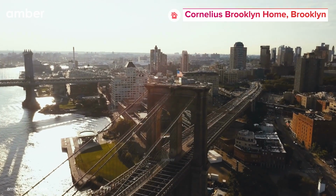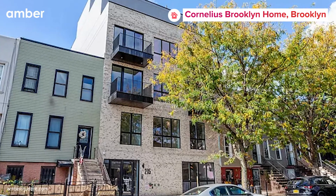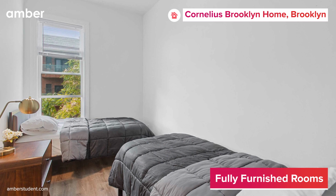If you're ready for the ultimate blend of convenience and style, buckle up, we're about to embark on a journey through the heart of Brooklyn. Introducing Cornelius Brooklyn Home. Unpack and unwind in the move-in-ready private and common rooms fully furnished with a comfortable bed,